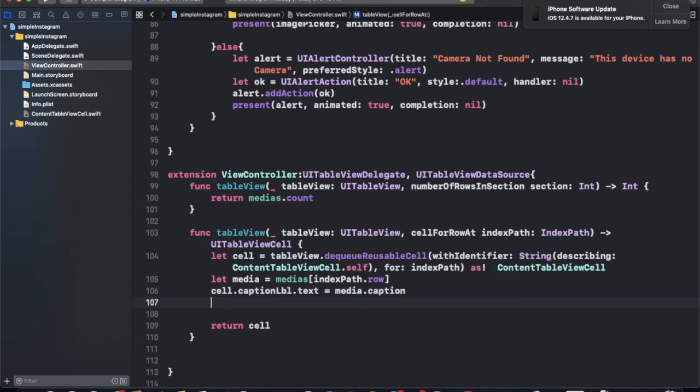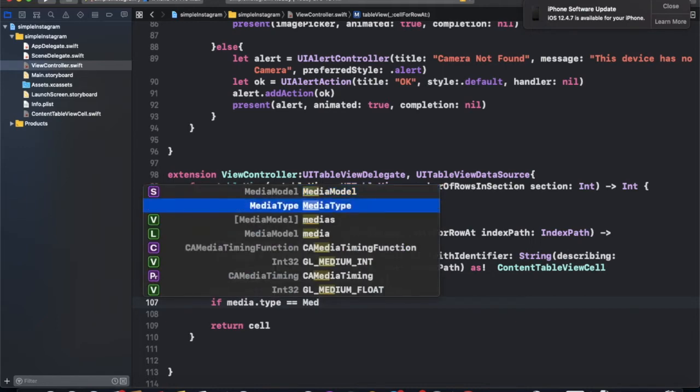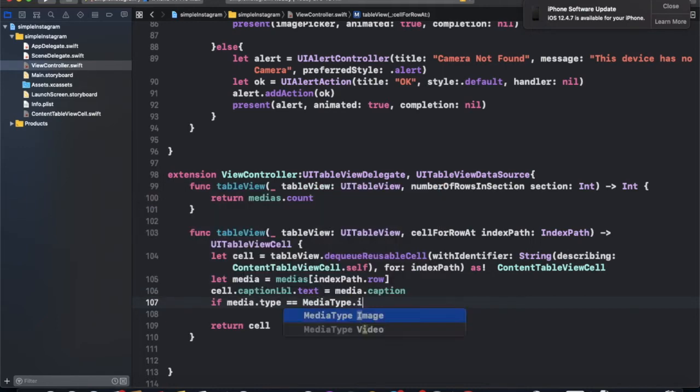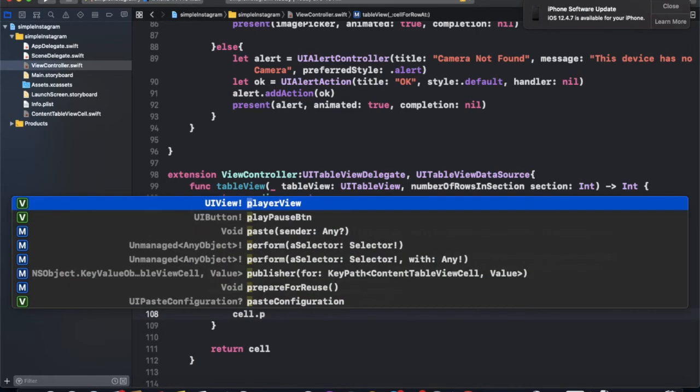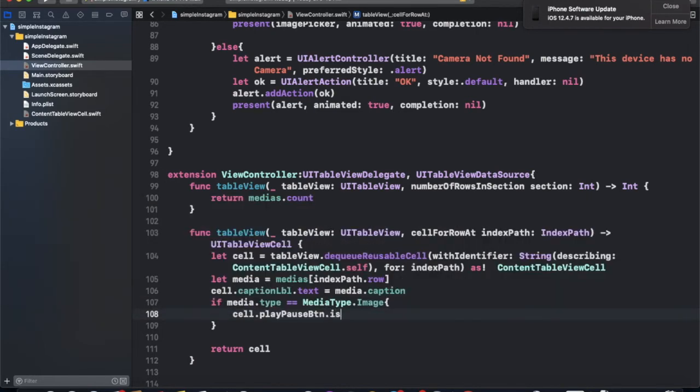Now we check if media.type equals .image, media type dot image. If it's an image type, then you do not need a button, so we hide cell.playPauseButton: isHidden equal to true.